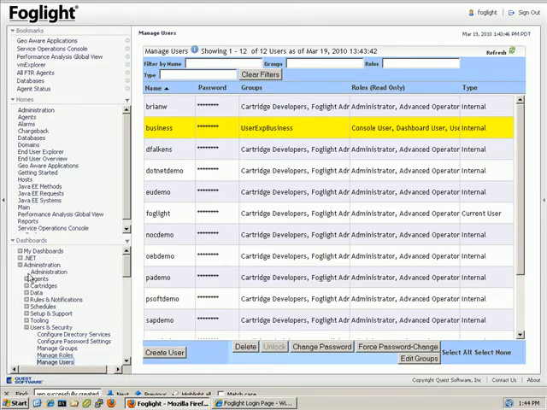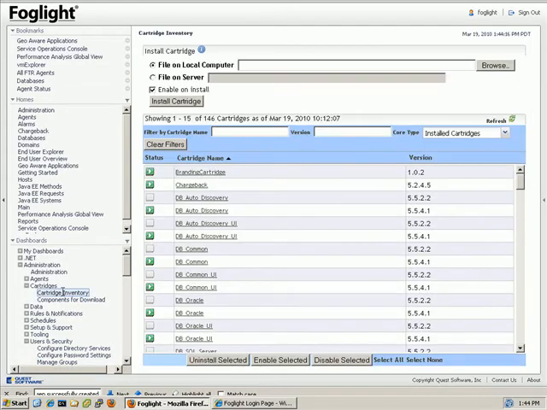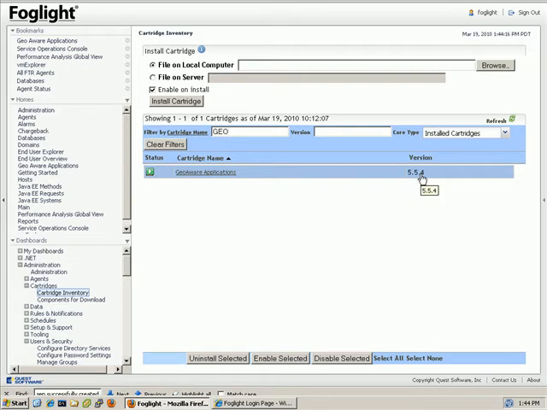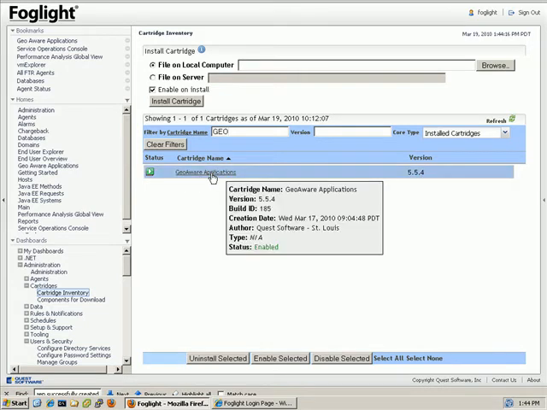Okay, so the next thing I want to show you is we want to make sure you're on the right cartridge version. So if you go to the cartridge inventory, you're going to look for the Geo cartridge. Now there's been a couple versions of the 554, or a couple builds I should say, of the 554 cartridge. So the most recent one that's available on the wiki is version 554 build 185. So make sure that build is installed in order to get the functionality that I'm going to show you next